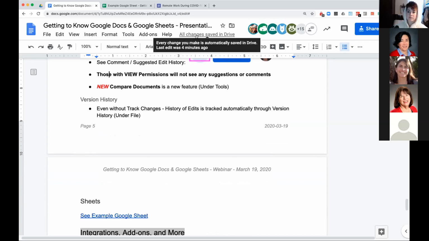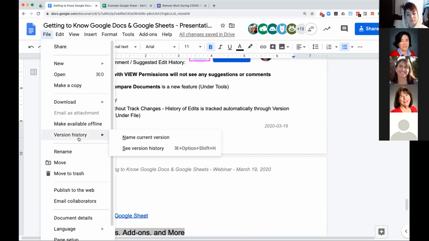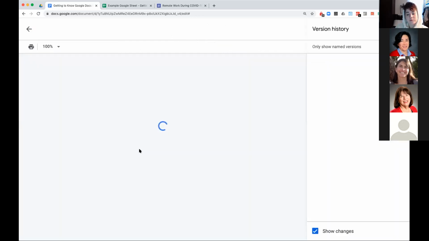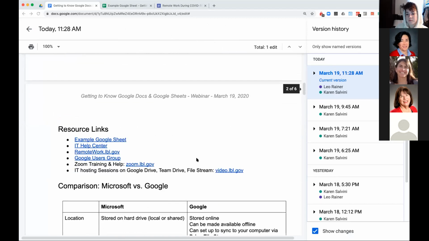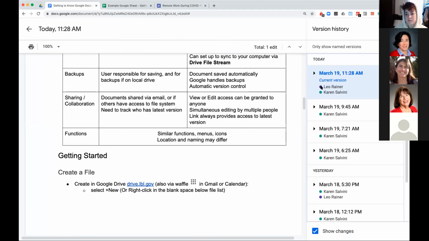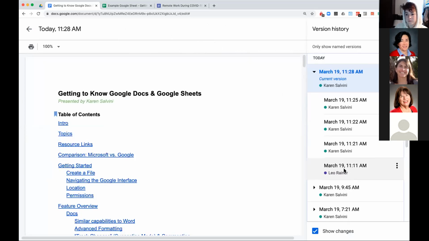And you can either do that by clicking here where it says all changes saved in Drive. It's also under File, Version History. And I'll just show you what that looks like. So here you'll see dates and you'll see people who were making edits to the document at those dates. And if you want to, I think what I can do, let's see, is open this up and show you kind of like micro edits.